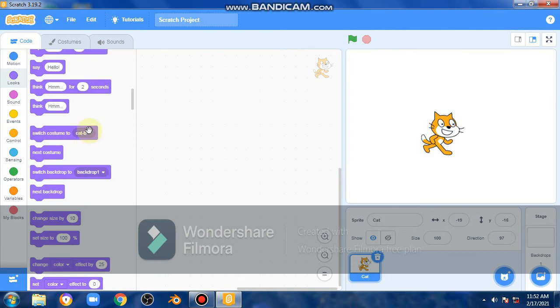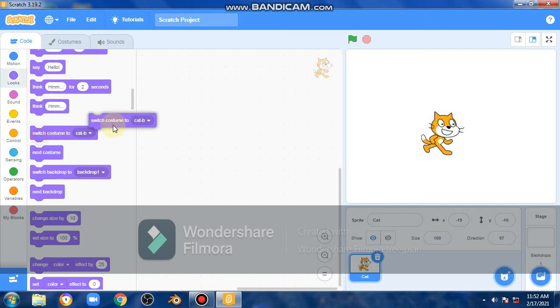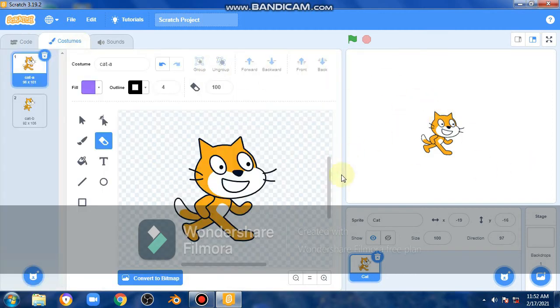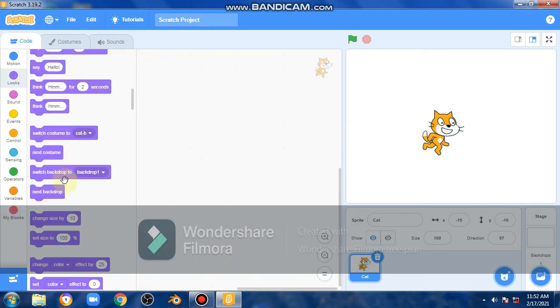Okay, then here are the looks: what it should say, what it should think. It can switch to another costume like this. Here it is, and it can switch to this one. Okay, now here we have the backdrops, means the background.